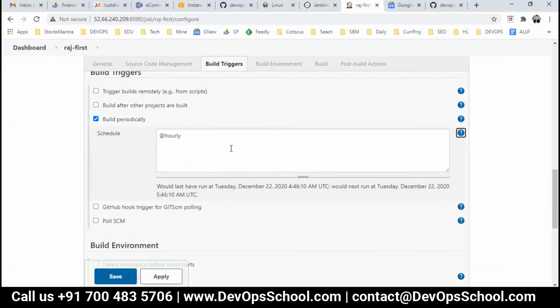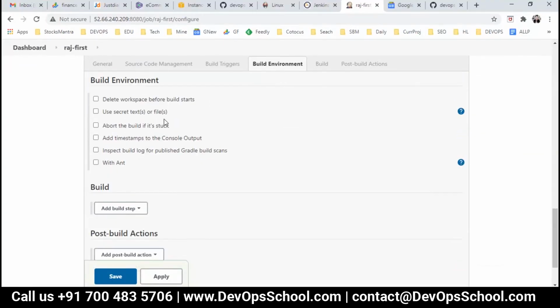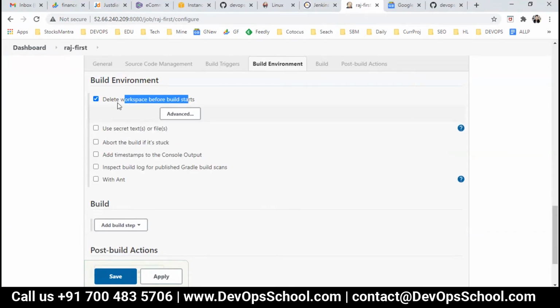It's a pattern actually. After that, build environment, nothing to do here. If you want, you can delete workspace before build start. These are the options. And if you want to add timestamps to the console output, which means the logs, if you want that logs with the timestamp, you can enable this simple setup.